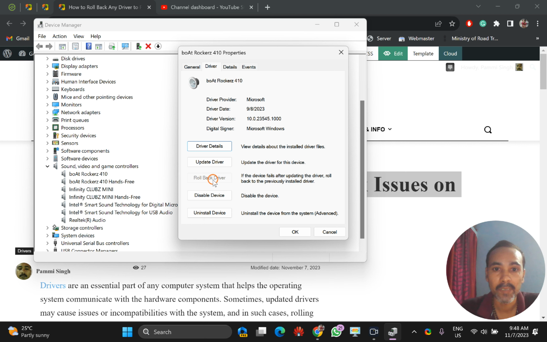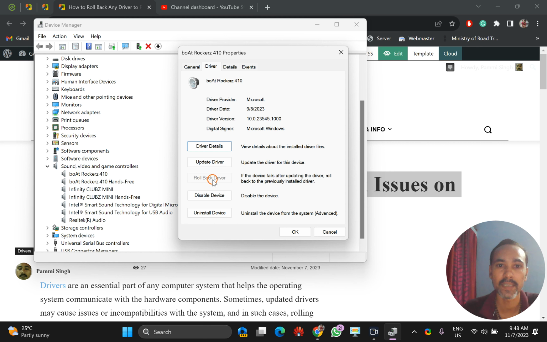After clicking, Windows will ask you a question with some options available. Select the appropriate option and then press the yes button. Then it will uninstall the new driver and roll back to the old one, and hopefully the components that were not working before should start working.